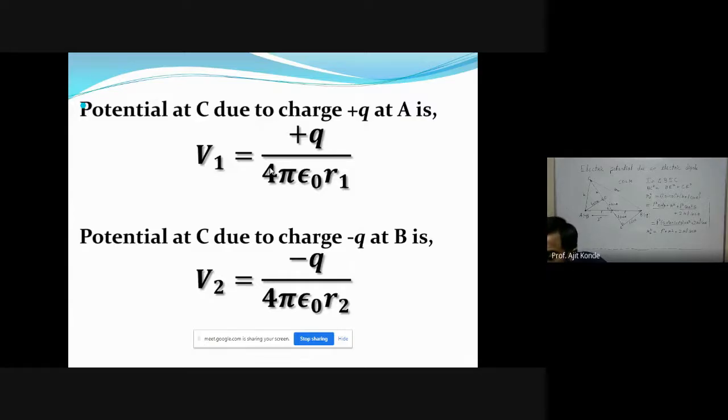Potential at C due to charge plus Q at A will be, now we have a positive charge, and potential due to that will be 1 upon 4 pi epsilon naught R1 into Q, which can also be written as Q upon 4 pi epsilon naught R1. Since it is a positive charge, in the last lecture we have seen, if we have a positive charge, we have positive potential. If we have a negative charge, we have negative potential. Potential at C due to charge minus Q: V2 is equal to minus Q upon 4 pi epsilon naught